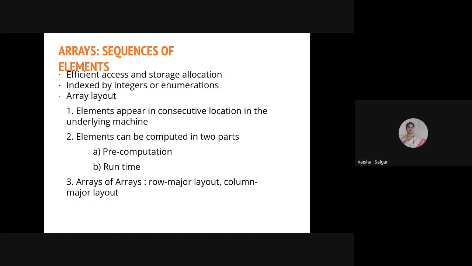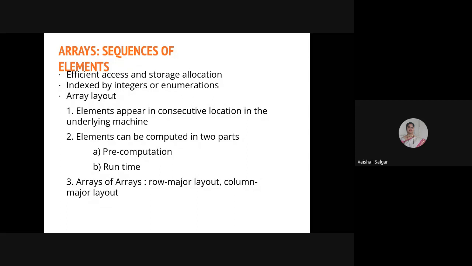Can you tell me whether an array is of homogeneous type or heterogeneous type? Homogeneous. It means the sequence of elements or the atoms included in an array will be of the same type. So with the array, it is efficient in access and storage allocation.